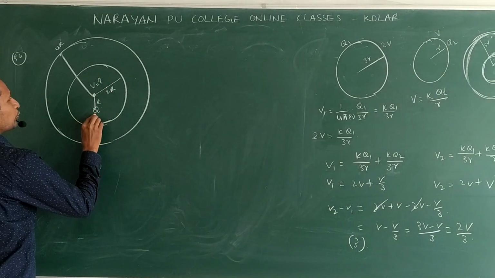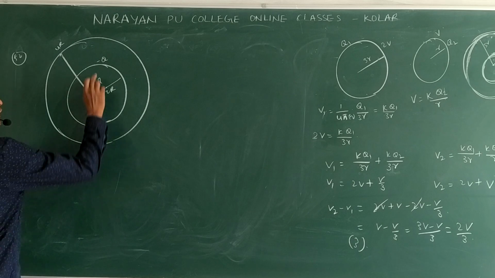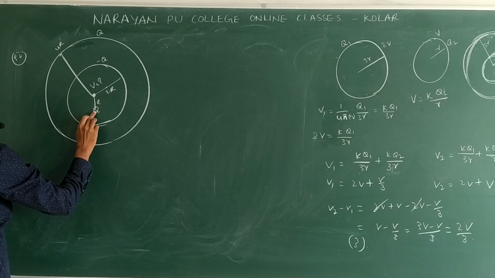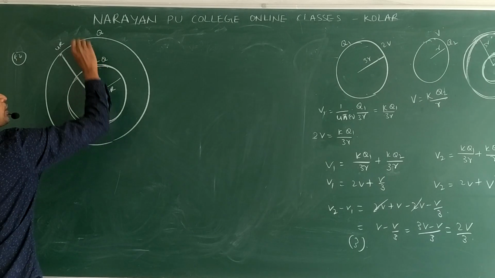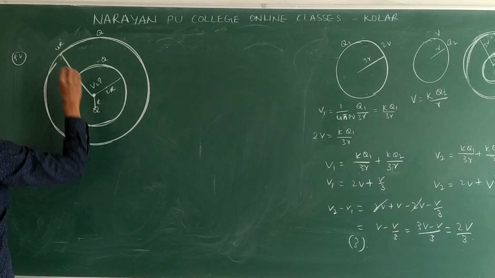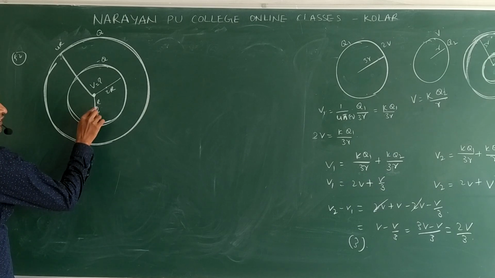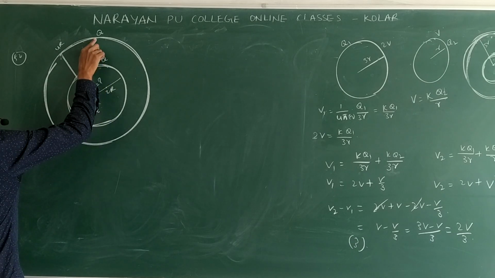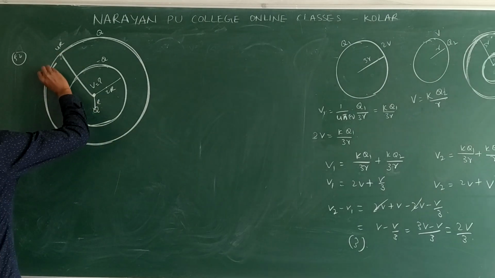Now when you place Q, this is a positive charge. Here negative Q will accumulate. If here negative Q accumulates, here positive Q will accumulate. Clear? So positive attracts negative. All negative charges will come onto this surface, all negative comes here and positive goes on this surface. So now they are asking the potential at the center. Three potentials are possible. Potential due to the charge which is placed at a distance r. Potential due to minus Q which accumulates on the inner surface. Potential due to positive charge which accumulates on the outer surface.